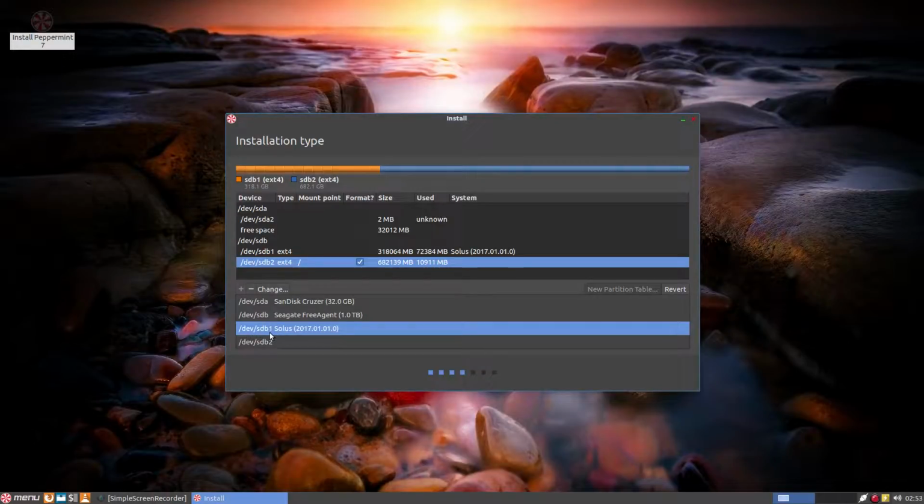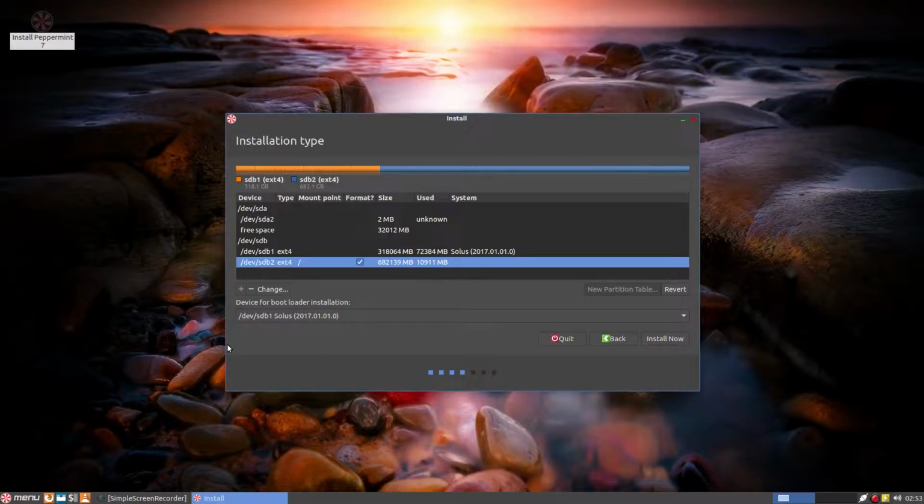Right now I'm gonna trick it to the bootloader and install it to the Solus partition so it doesn't mess anything up. It shouldn't mess with the Solus bootloader, but it's gonna try and install it somewhere on the Solus partition. So right now we're just gonna hit